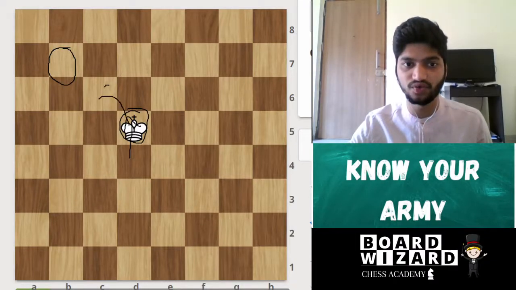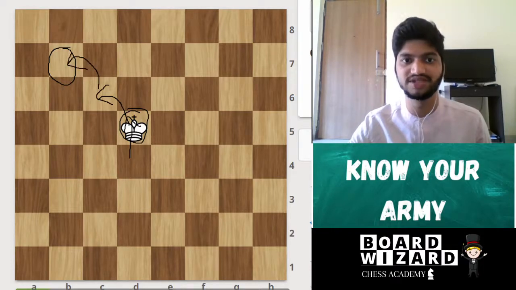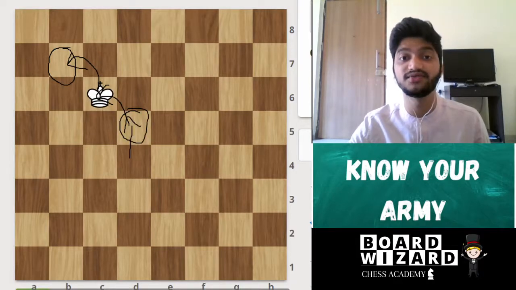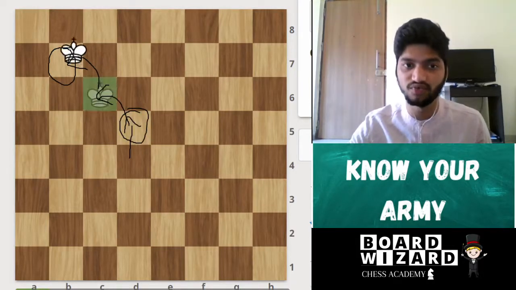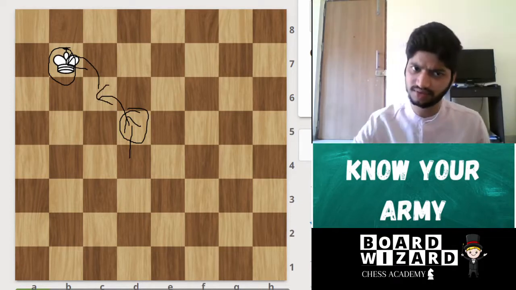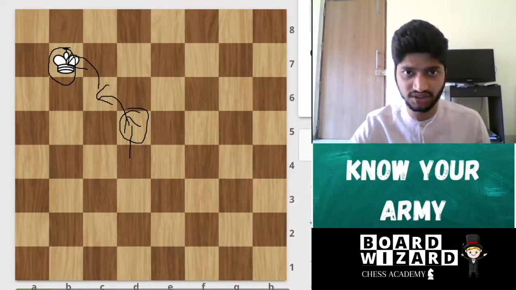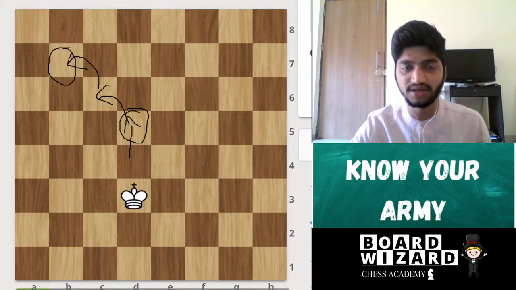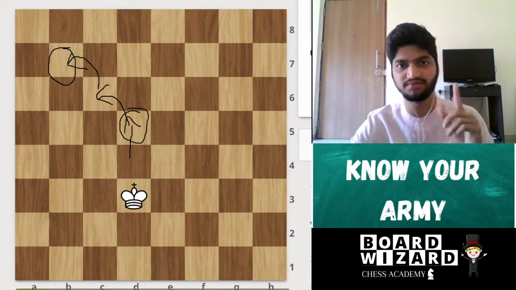First he will go here and then he will go to the B7 square. As the king is a very slow piece, he can only move one step at a time. Clear? Simple. King moves in all the directions and he moves only one step at a time, only one square at a time.